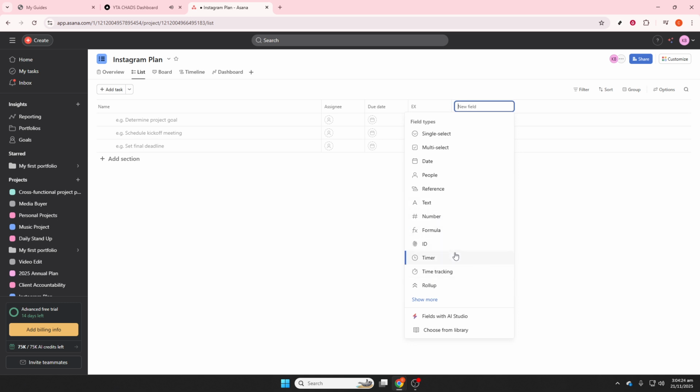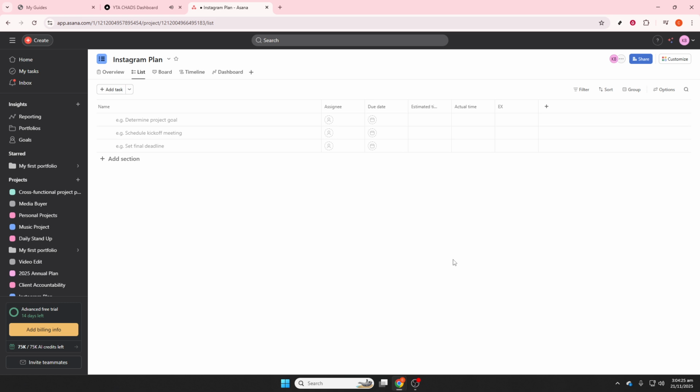Inside each post task, attach your media. Use attach file to upload from your desktop, Google Drive, Dropbox, or your phone. Paste the caption into the description and keep hashtags, notes, hook, and posting time there too. Plan your dates in Calendar View. Drag a task onto a day, set the due date, and note the posting time in the description or a